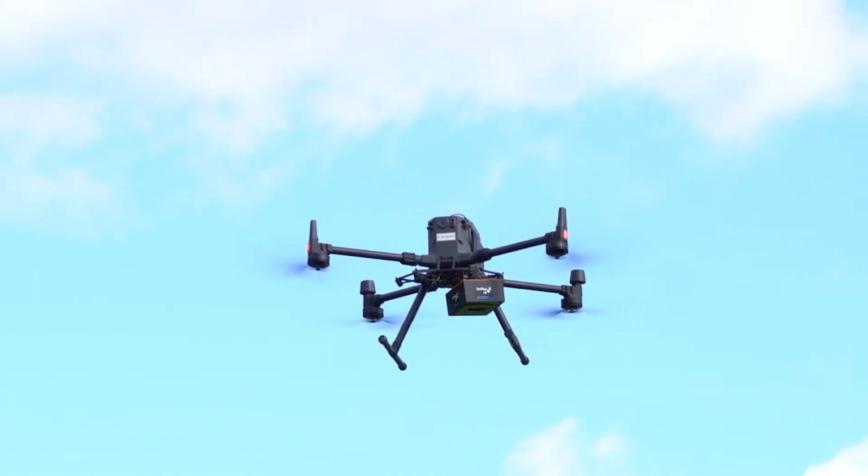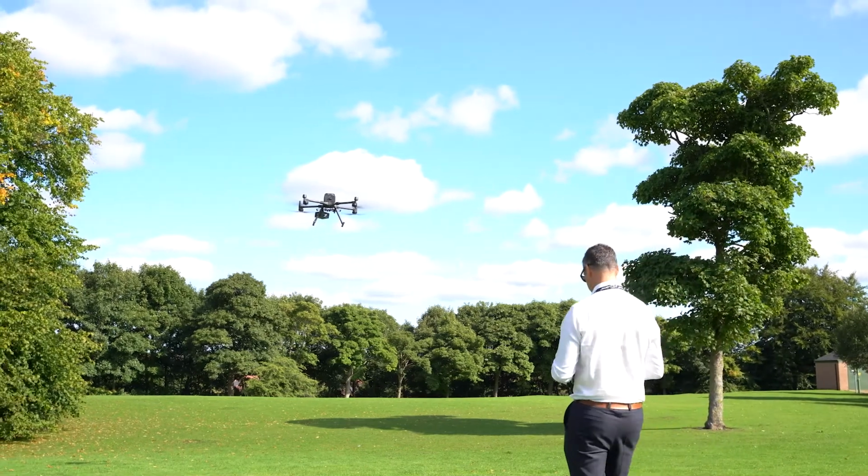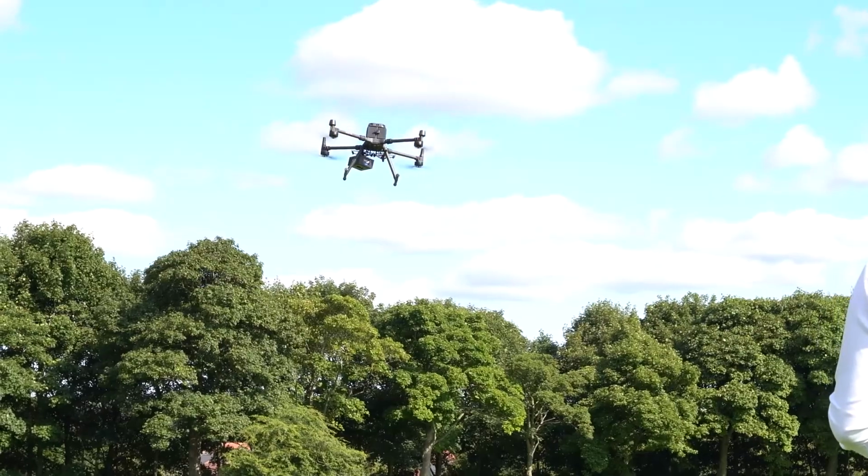Within the security markets, people also want to be able to send drones into hostile environments, which means you don't have to send the people in with them. So you get a lot of information remotely without putting people in danger. Whether it's a nuclear site that needs to do routine perimeter surveillance to make sure that there's no unexpected radiation escaping from their facility, or it's maybe a site that's actually in active decommissioning where we expect radiation distributions to change. Using UAV technology allows you to make a very rapid assessment of that radiation field, whether it's changed